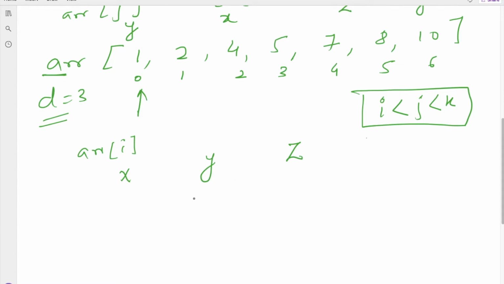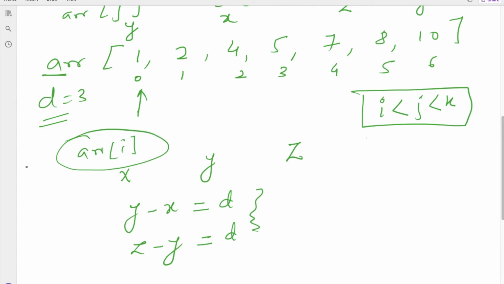Now what we have to find is y minus x, and this value should equal d, and for the next, z minus y should equal d. These are my required criteria. Here this will be my x value. I got my x value here, so y will be d plus x.